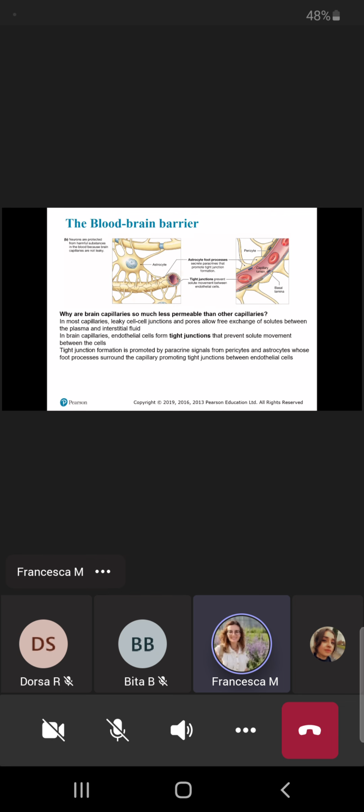Here you can see the structure of the blood-brain barrier. So this is a capillary. This protective barrier is composed by pericytes and astrocytes. Thanks to gap junctions that are present in between these cells, so you can see the pericyte localization strictly connected to the capillary and surrounded by the astrocytes, the end-foot processes of astrocytes. The presence of gap junctions, these closed structures, avoids that molecules, pathogens, bacteria move from the blood to the brain,